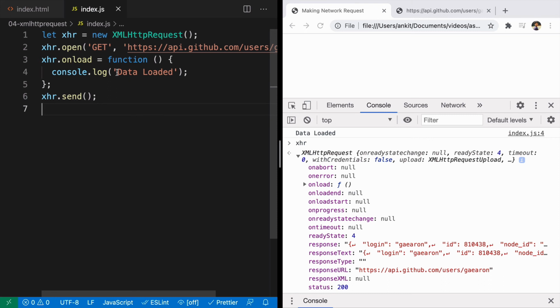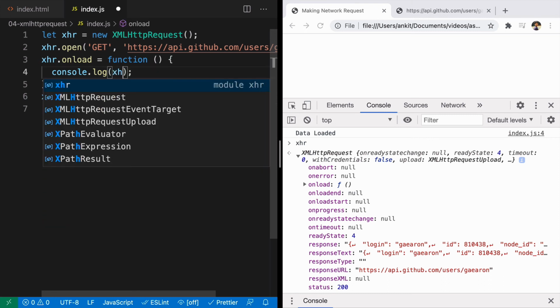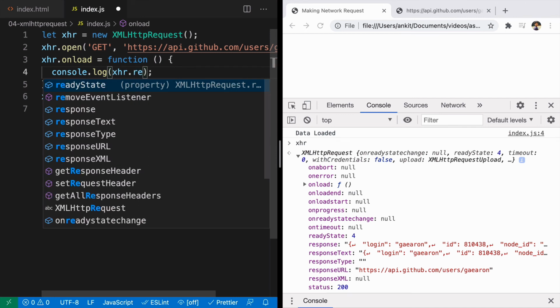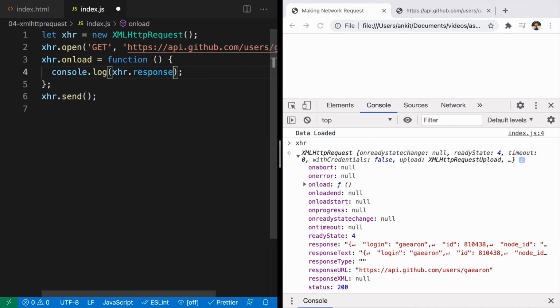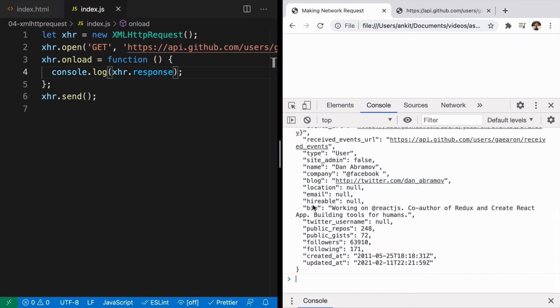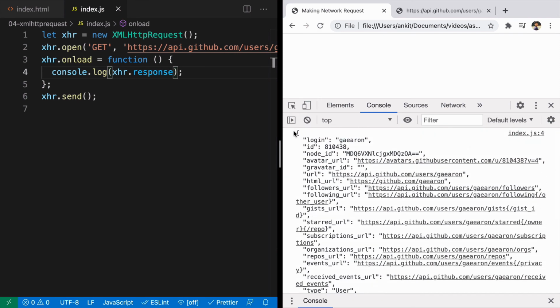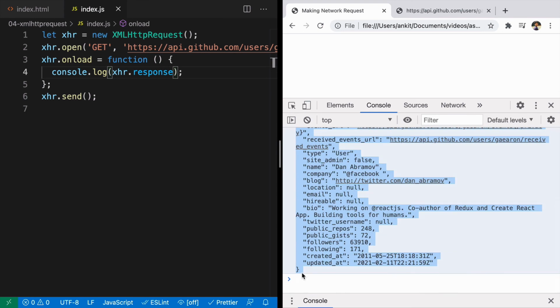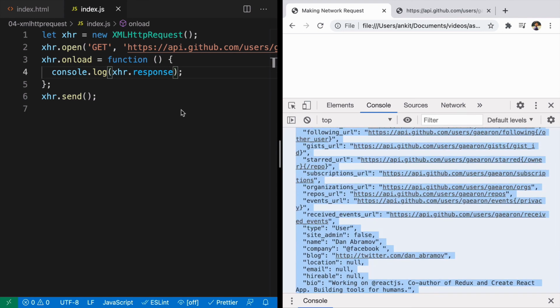What if instead of logging data loaded, we say XHR is an object, inside that you will get response key, and that is what we need. So we'll refresh this, and here we see that information right here. But this one is of type what?